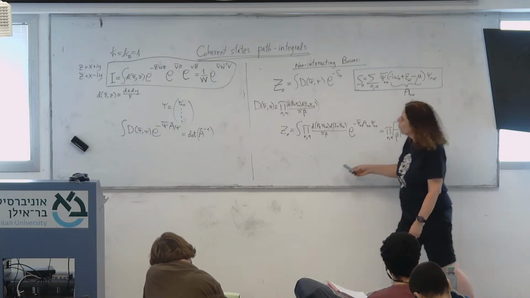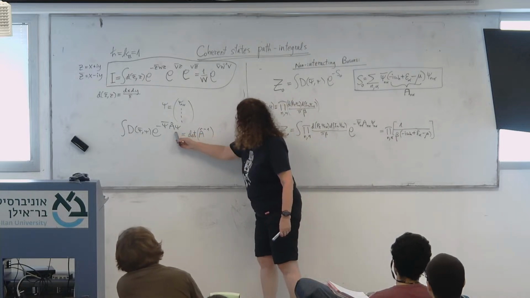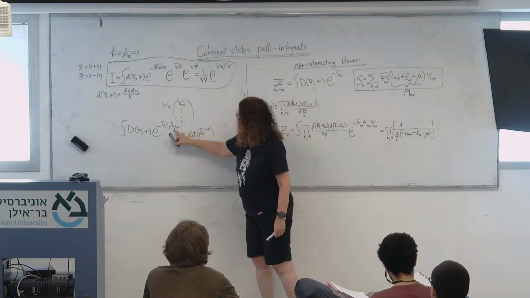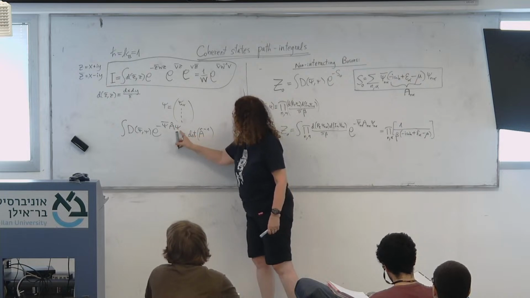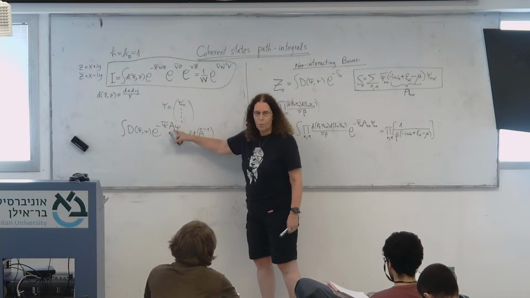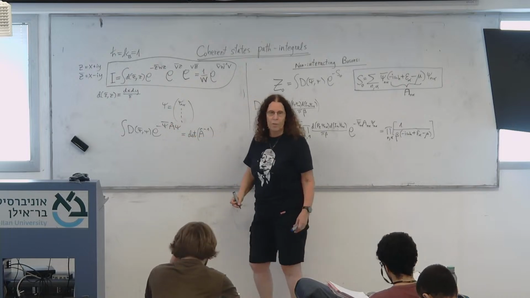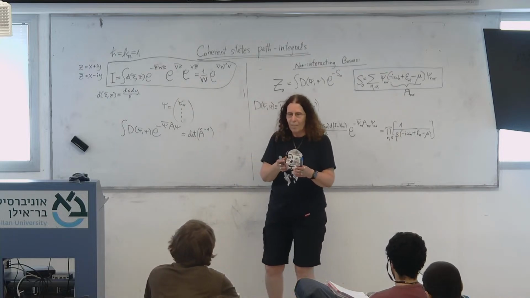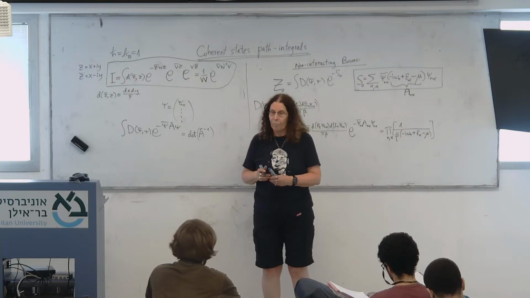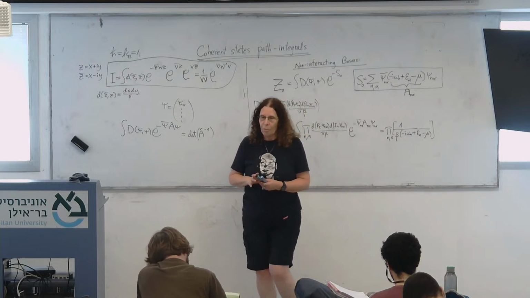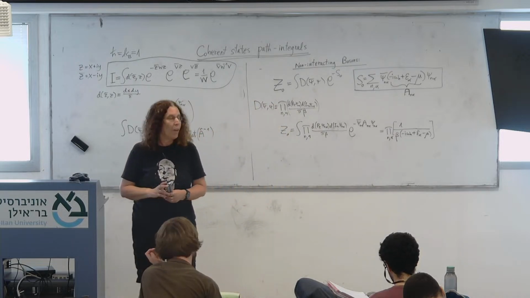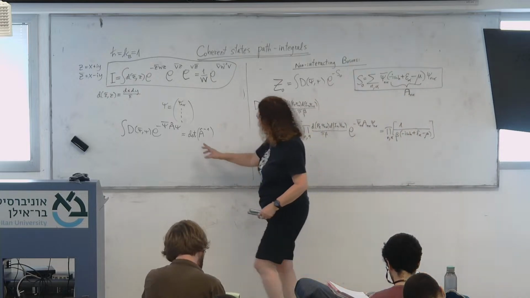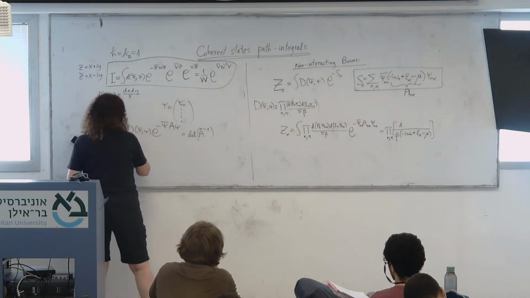That's a more general formula, which we kind of proved here by going to a diagonal basis. If you'd like to prove that this is correct, you have to diagonalize the matrix. A is a matrix with 2 indices, n and n prime. But if I choose the diagonal basis of the matrix, then the determinant is nothing but the product of all the terms on the diagonal, right? And that's what we get here. But if you want to be more general, this is...